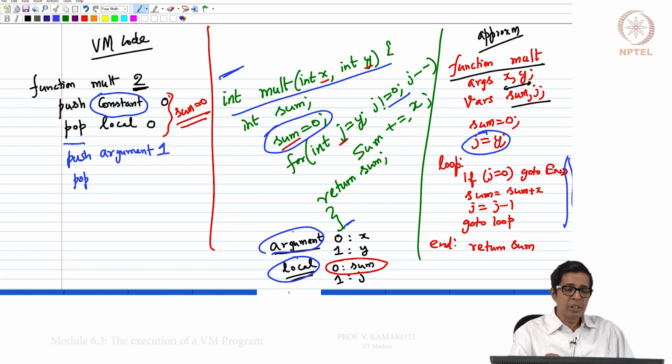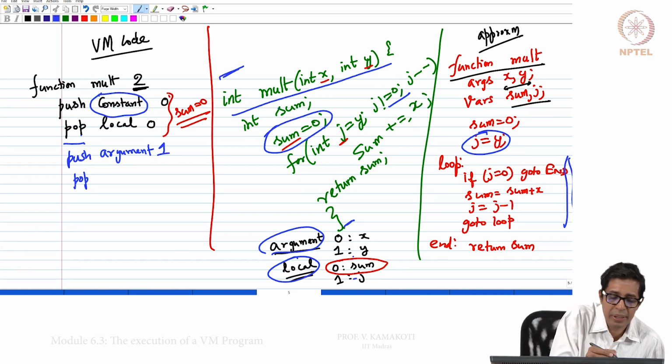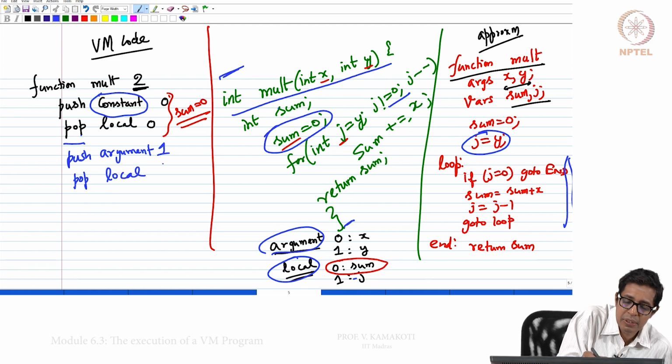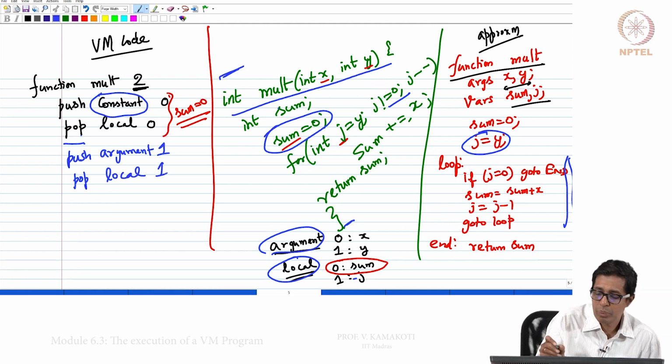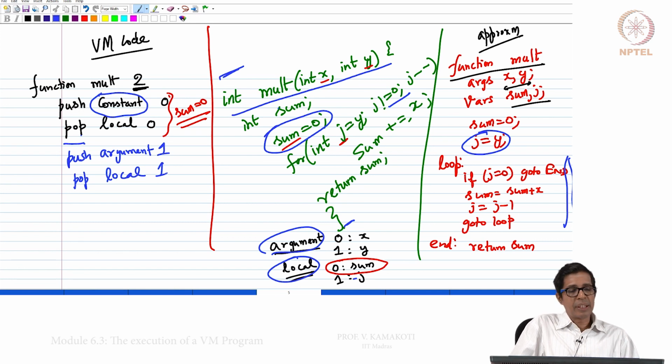That means it will go to the argument segment, the first location will be y, so it will push y, and then I have to make j equal to y. So j is in local 1, so pop local 1, so your j actually becomes y. So these 4 instructions that we have seen so far have made sum equal to 0 and they have also made j equal to y.